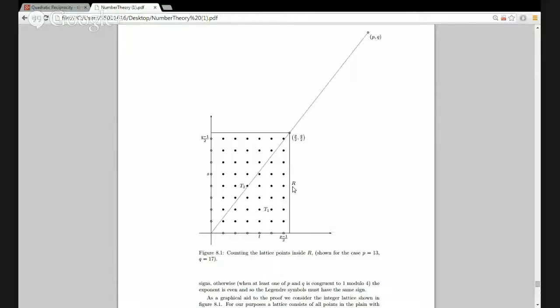Now, how does the proof proceed? The proof proceeds as we set ourselves, well, first of all, we quote